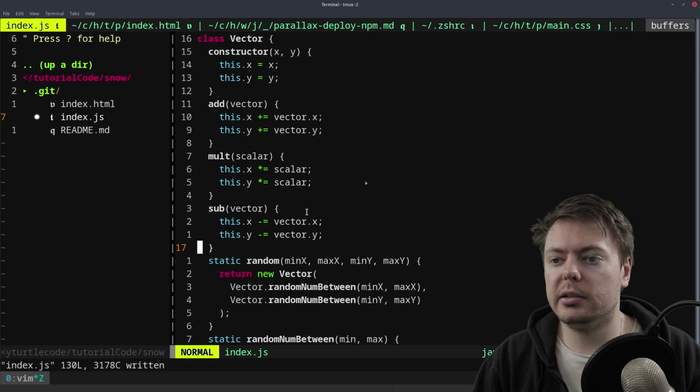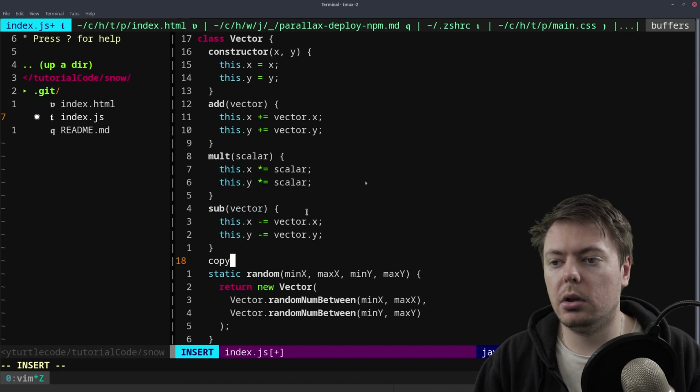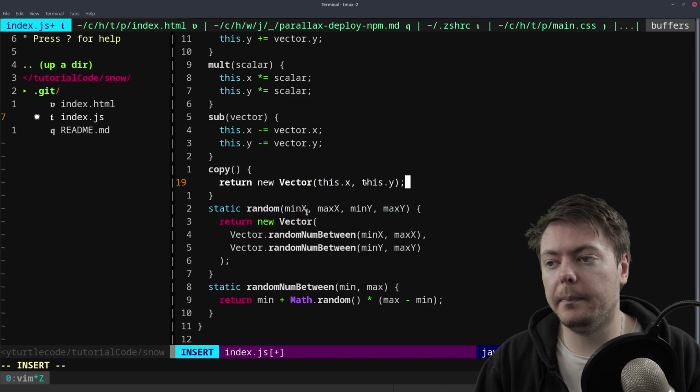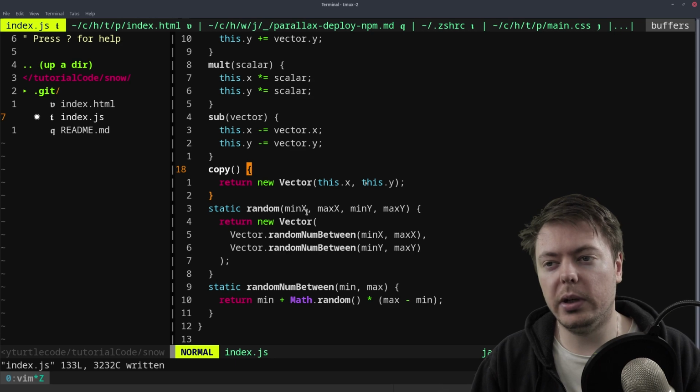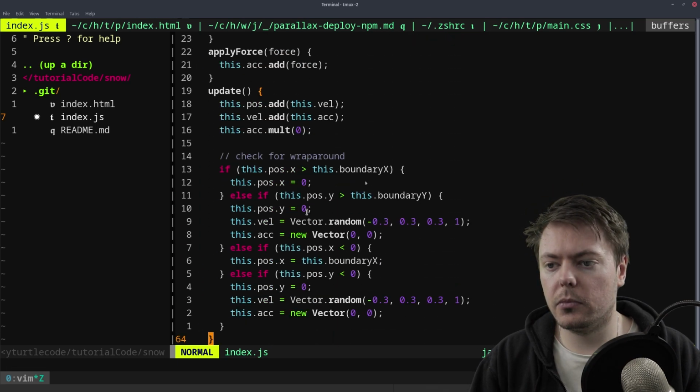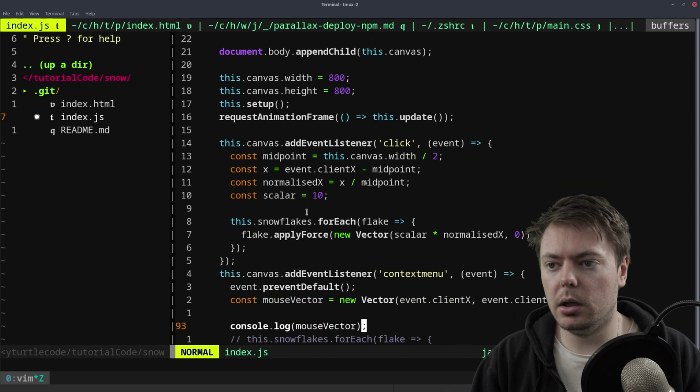So let's create another method called copy that will return a new vector, this.x, this.y. Just doing this so that we can create an exact copy of a vector and then mutate that without having to worry about it. So I will say in here,